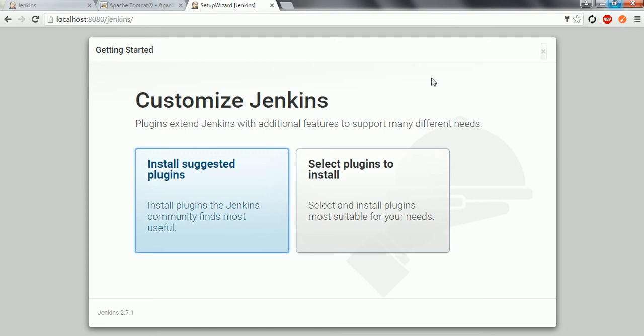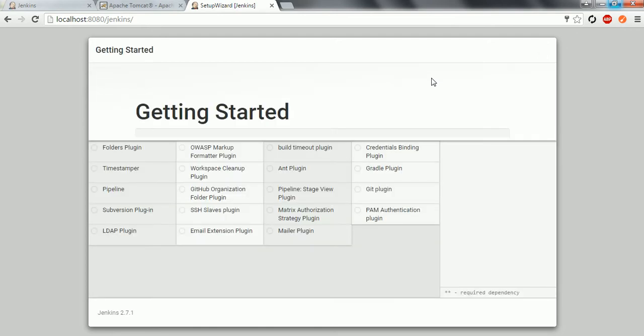It comes with most of the tools you are going to work with, like Git, Gradle, Maven, email, LDAP, and authentication. But if you have already installed Jenkins using the earlier setup, this step is not required. You can go directly to the next screen.